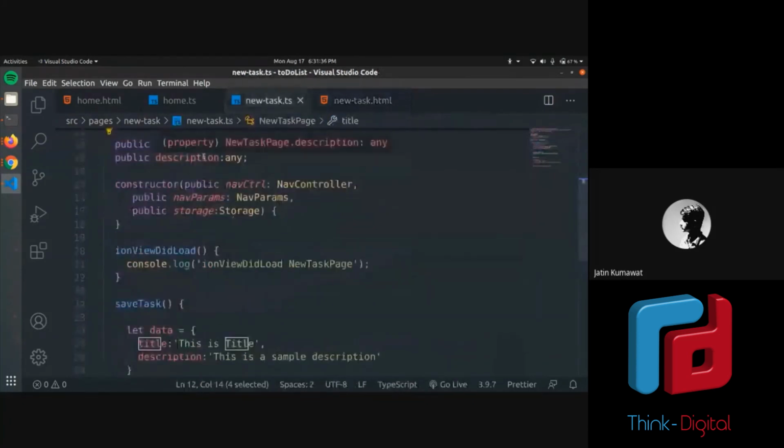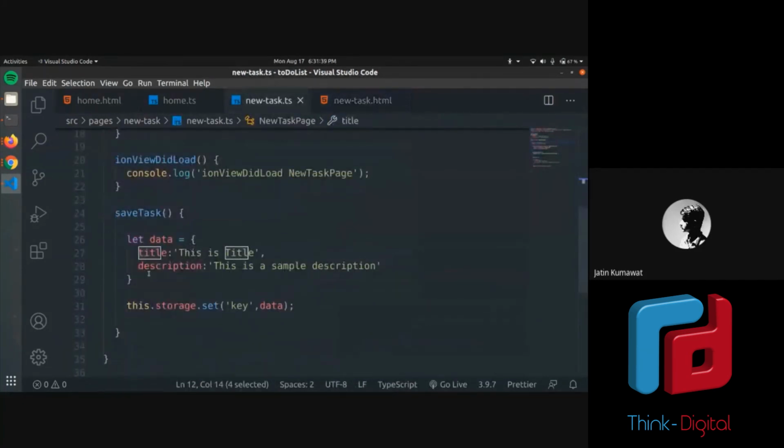Since now I have declared the variables here, now I will store this data. So instead of this string, I will simply write this.title. Instead of this string, I will simply write the variable name, that is this.description. Again, everything remains the same. I just deleted the default string here and changed it to the variable. Don't get confused. This key is different. This key value is not accessible outside this object data unless called upon, but this variable is. So you can change it if you want, or else just leave it. So it's done now. I guess it should work. Let's just check and see.